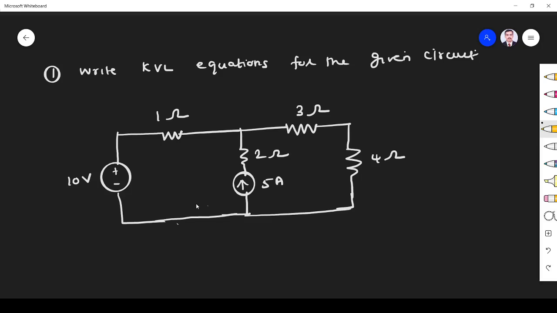Hi friends, in this video we solve supermesh based KVL equations. First we must know what a supermesh is, and only then can we understand the problems given in this video. So the supermesh definition is, write it properly,